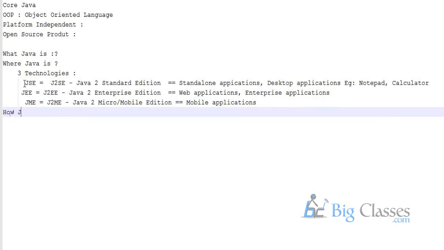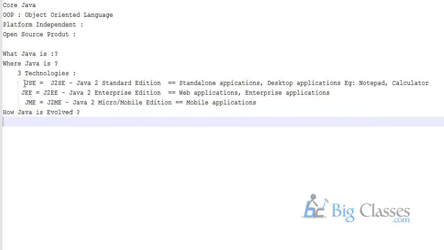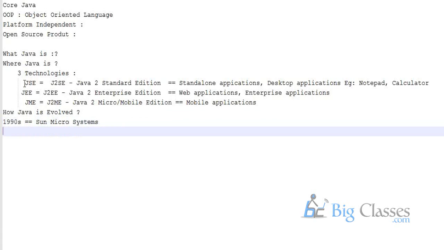My next question is how Java evolved. So we will be answering this question. To answer it, let me take you to a timeline, that is the 1990s. In the 1990s, Sun Microsystems, an organization, a company, launched a project. The project name was Green Project.